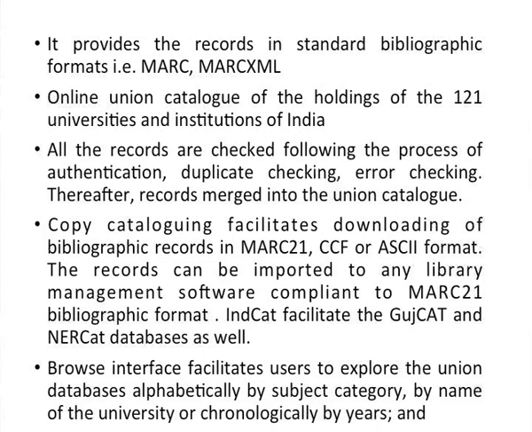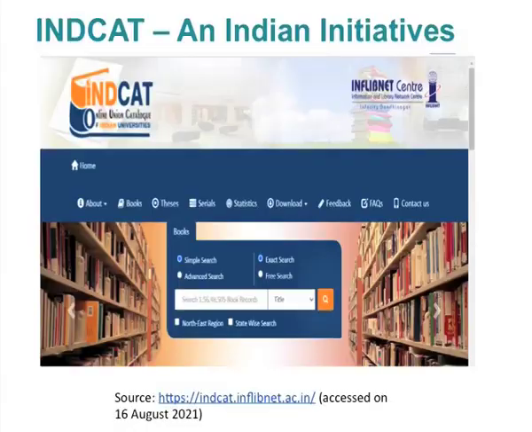IndCat also has a facility of copy cataloging, because it facilitates downloading of bibliographic records in MARC 21, CCF or ISO format. The records can be imported to any library management software which is compliant to the MARC 21 bibliographic format. And IndCat also facilitates the Gujarat catalog, we call it GujCat, and the NERCat database as well. You can see on the screen the IndCat screenshot, and this IndCat can